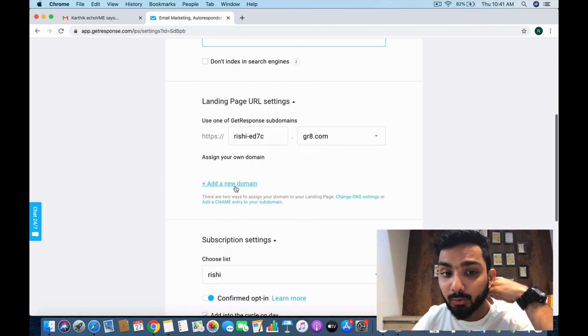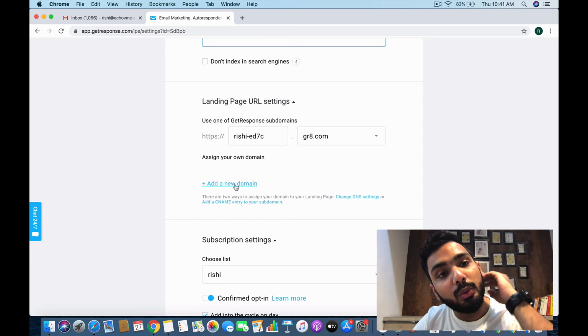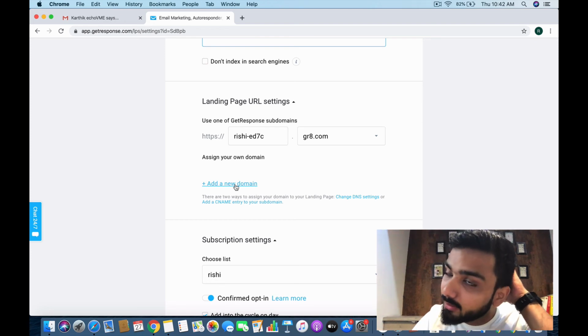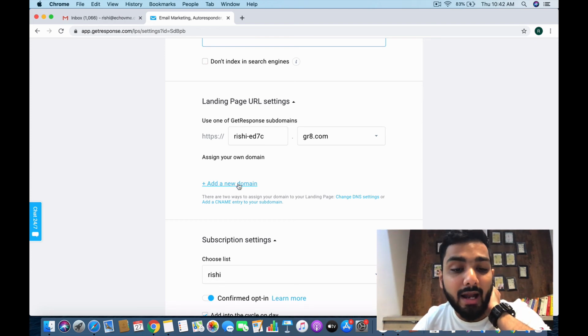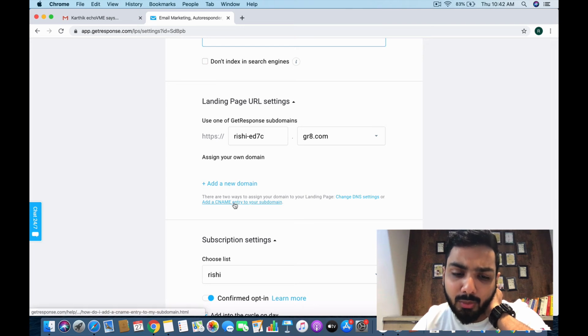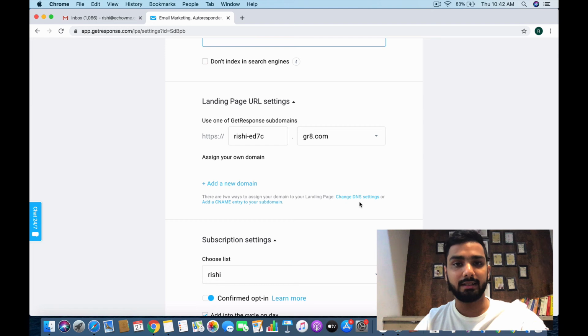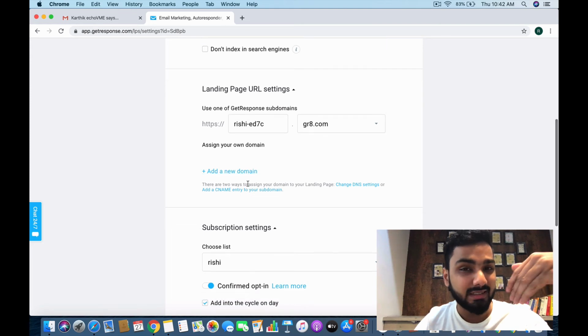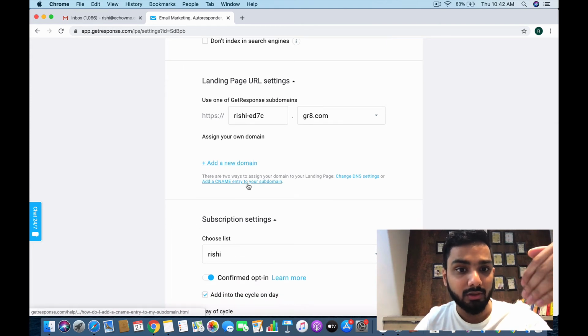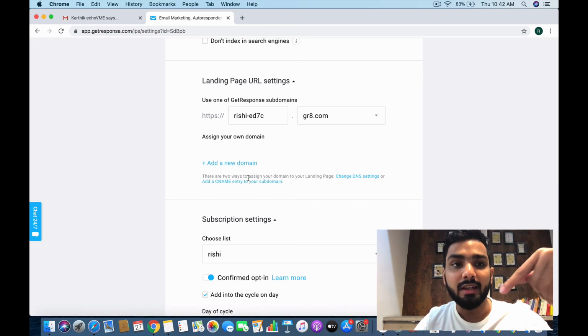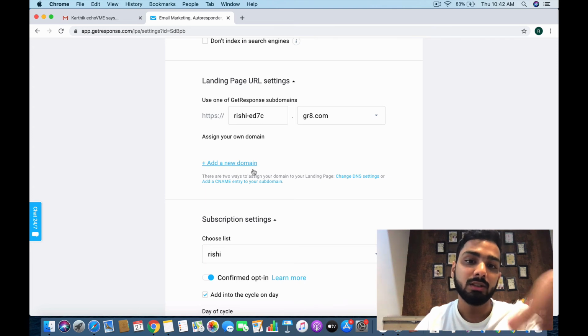Here you can create a new domain. If you want to host this particular landing page on your blog or your website, this is where you add it. If you want to add a CNAME entry to your subdomain or change DNS settings, there are tutorials in GetResponse itself. I'm not going to take you in depth on this. It's an easy step-by-step process. Just go ahead, add your own domain, your own blog or website over here, and you can start hosting these landing pages onto the